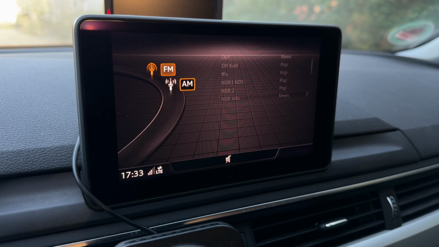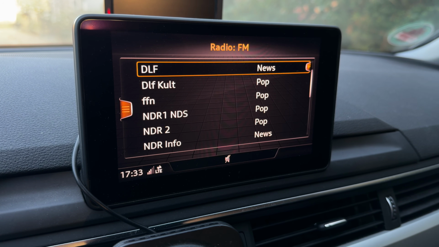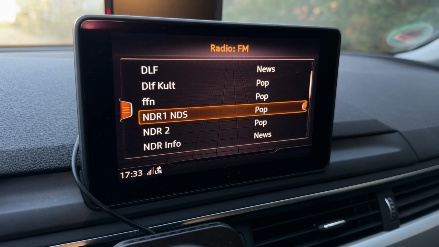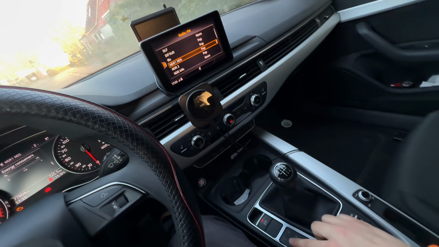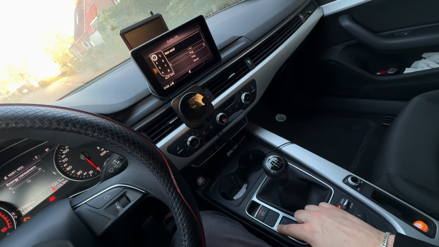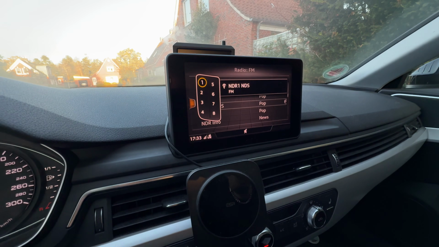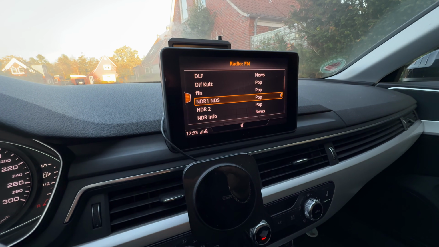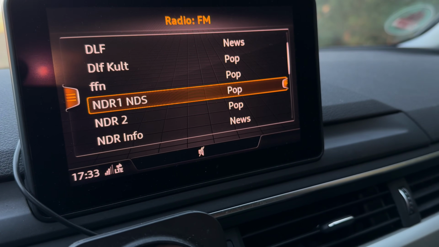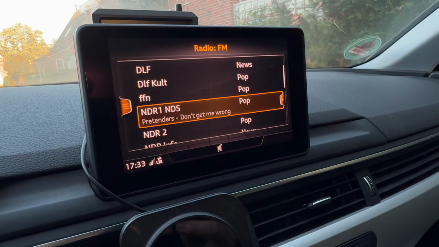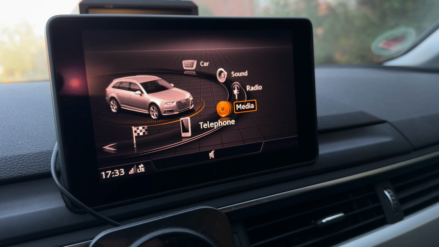Let's choose FFN and then push and hold that button to save it. This is now our setting, which we can access quickly. That's really cool and easy, as you can see. Now it is saved as a preset. That's the radio.